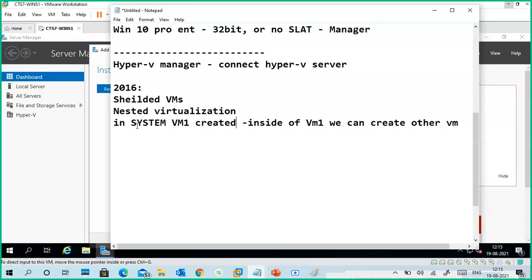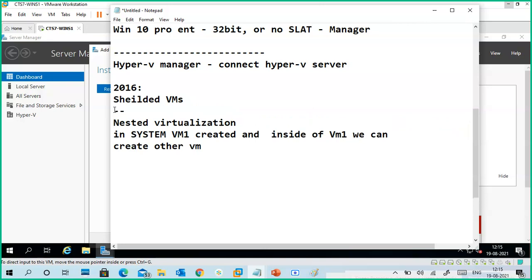VM1 is created, and in... okay. So maybe understand this sentence. That is called a nested virtual machine.